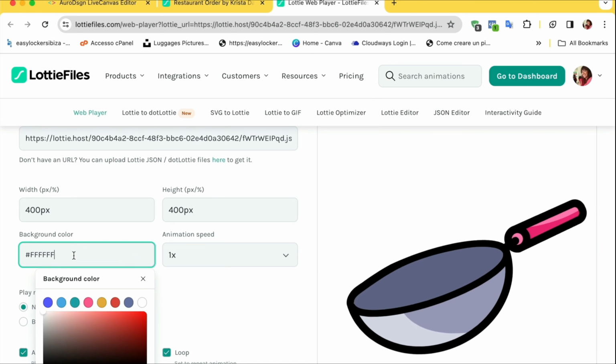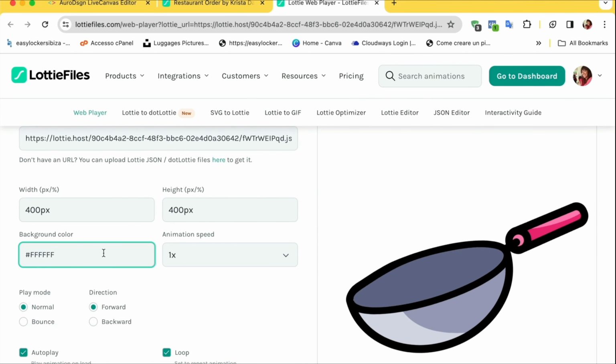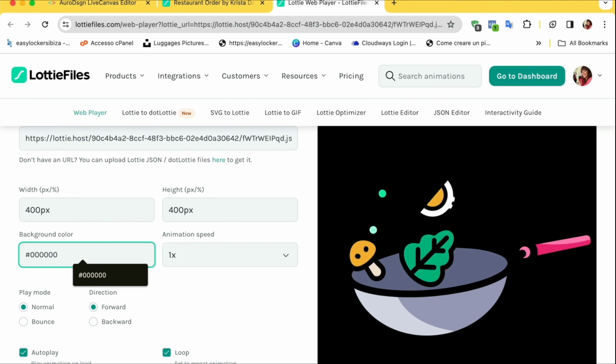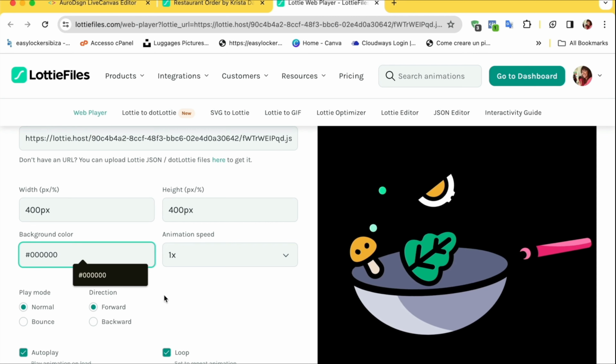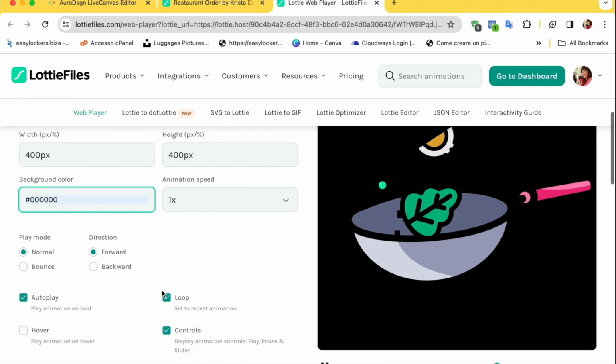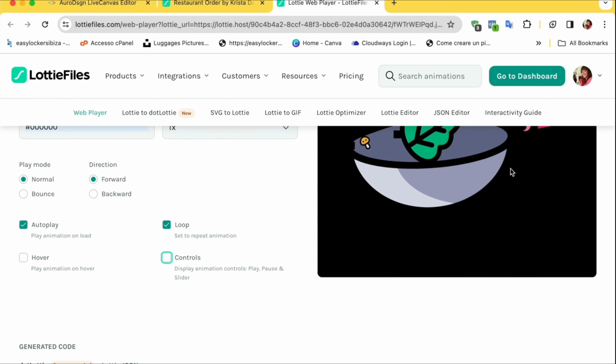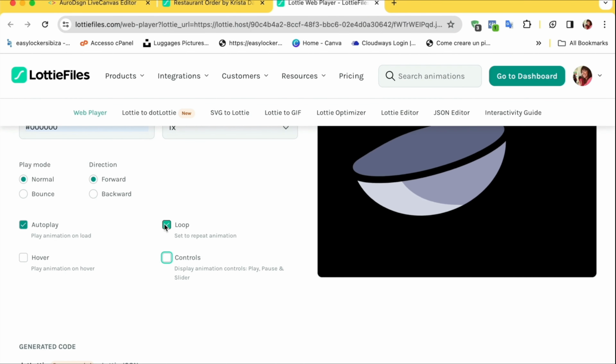I want to remove the loop as well so that it stops, and the autoplay, and I want to give it an overlay effect so that it animates when hovering the mouse. And now let's copy the code that the page has generated for us. And I am going to directly paste it into the block of the test web page that I created with